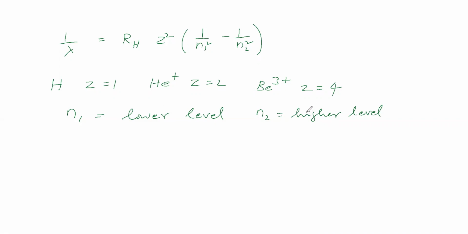Niels Bohr gives the value for N1 and the value for N2, for which we will take the hydrogen spectrum. In the hydrogen spectrum, what series is there? One series is called the Lyman series. For the Lyman series, if we want to get a spectral line, then we will see where the electron should come from and go to.